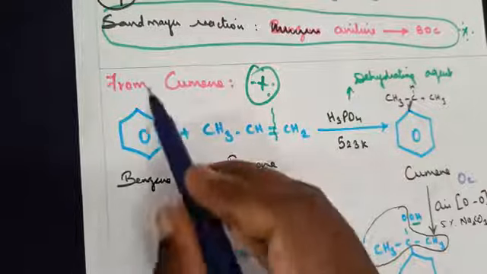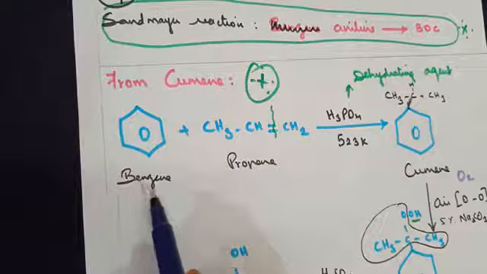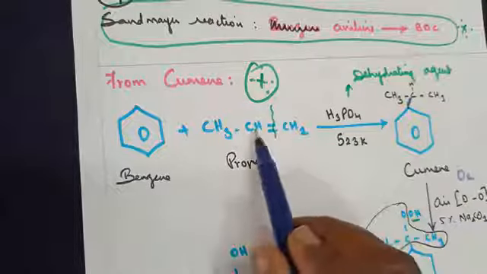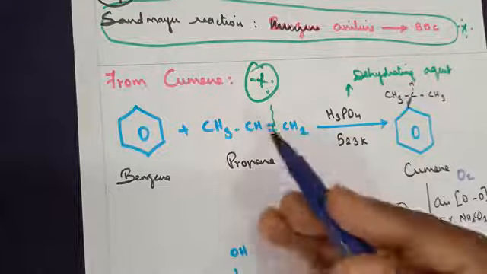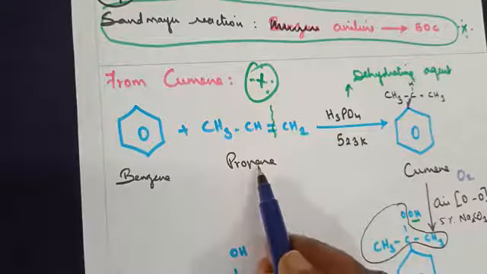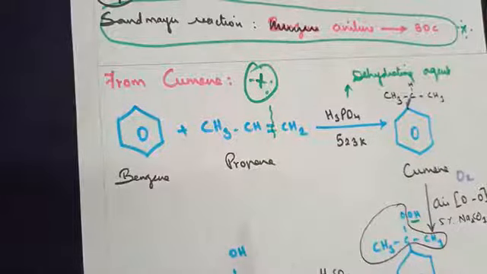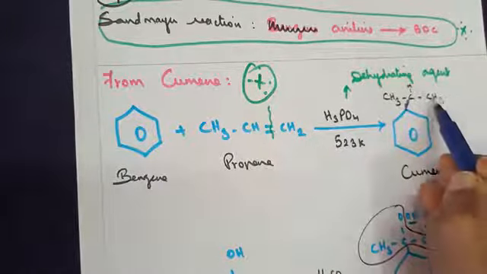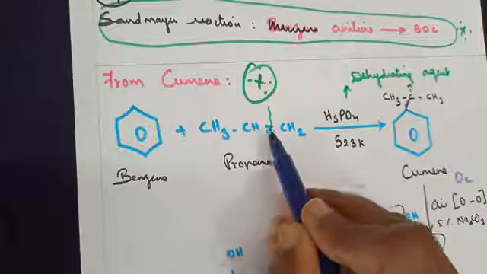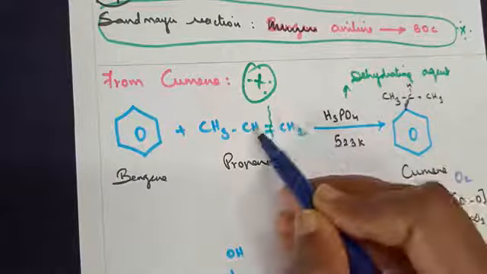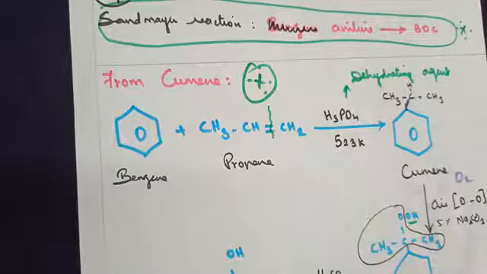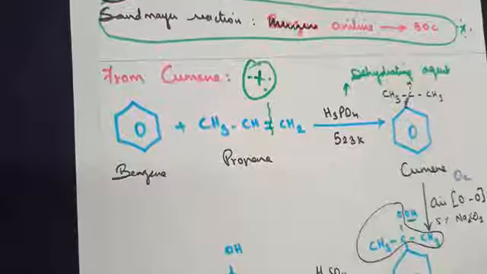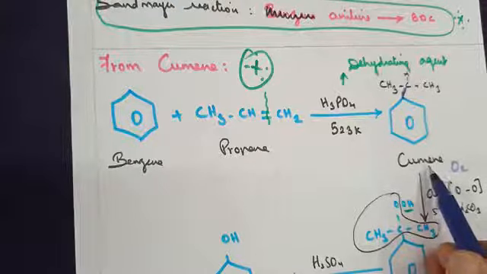The last preparation is from cumene. Benzene, when we treat with propene, after the first carbon we've got a double bond. So 3 carbons are there, called propene or prop-1-ene. Benzene, when you treat with propene, cleavage of bond takes place. As a result, CH2, addition of one more hydrogen gives us CH3. So CH2 has become CH3 and this hydrogen is as it is here, CH here. Count the number of bonds around carbon: 1, 2, 3, 4. Number of bonds is balanced. Now this product is called cumene.